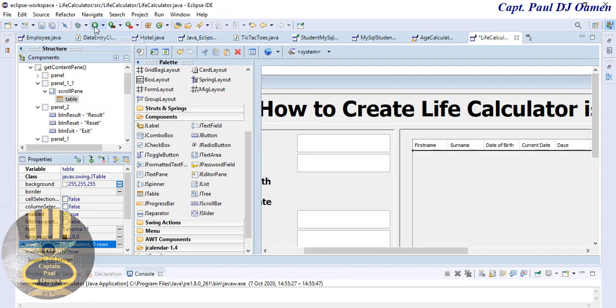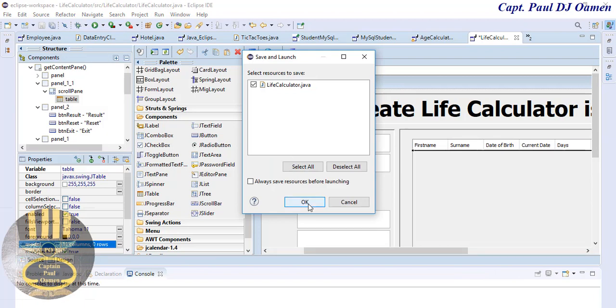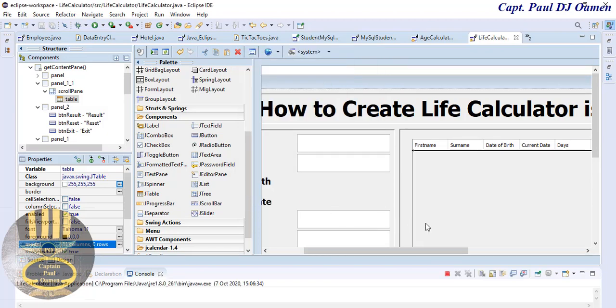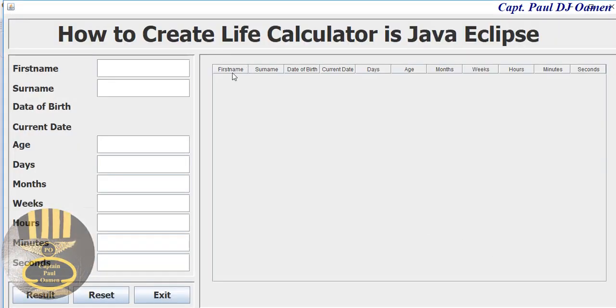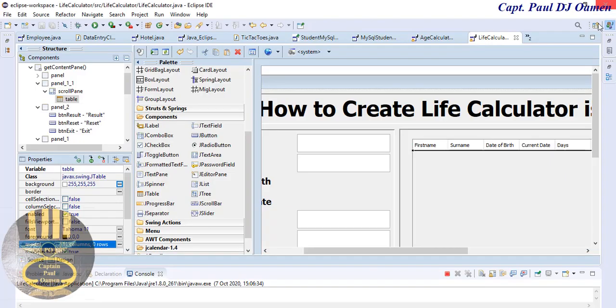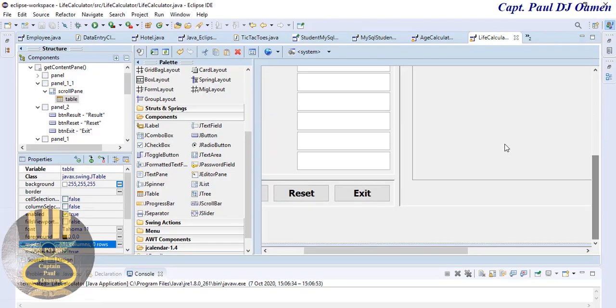I'm going to run it so that you guys see what I've been working on since. There we go, look at that. We have the titles for the table. And in here, what we need now is just the date time picker. So to get the date time picker in, I'm going to